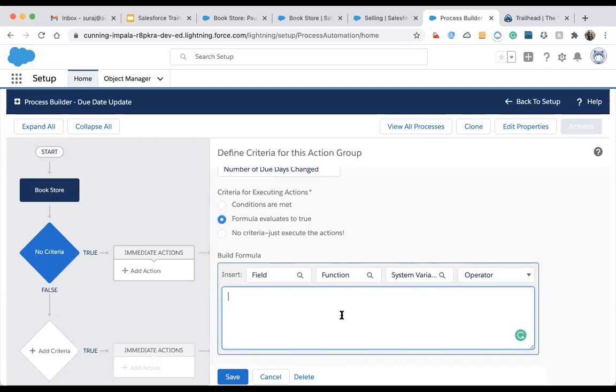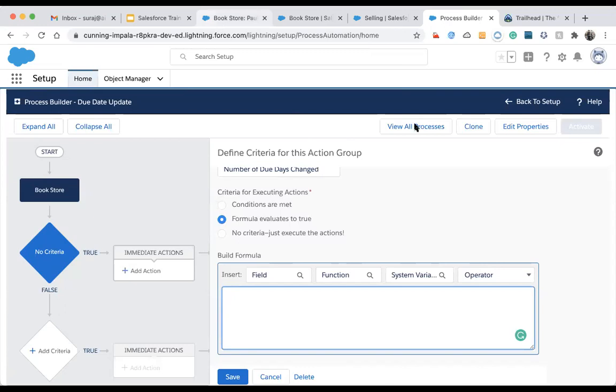It works the same as what we learned for validation rules and formula fields. These also have the same UI. Workflows also have formula fields.